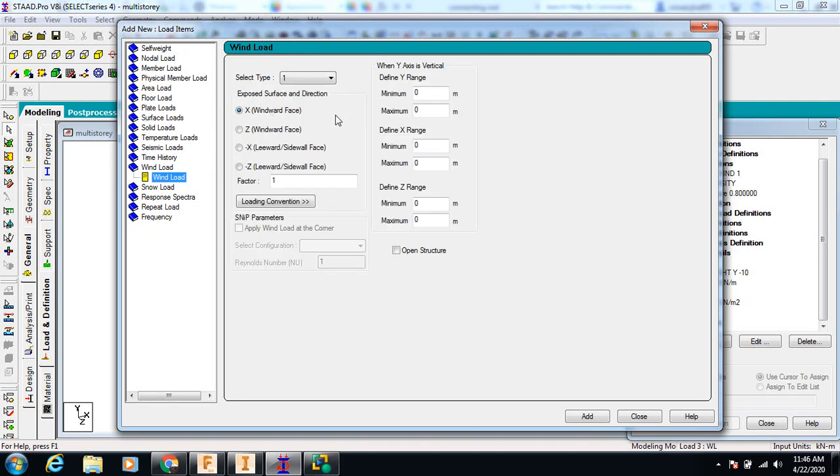This is wind load. In X direction there will be 3 meter, in Y, and this is suppose 24 meter. X range 0, maximum it is 15, Z 0 and 15 here.